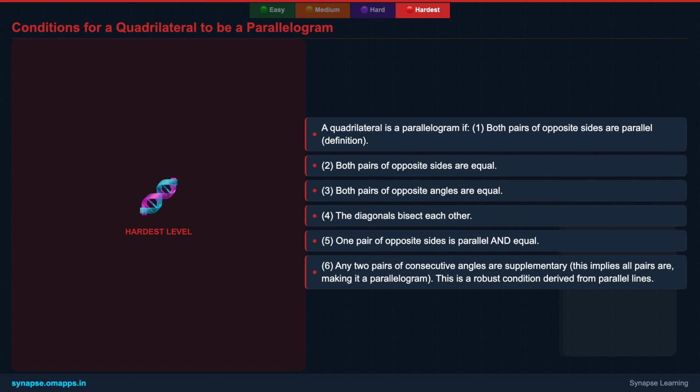Consider proving a quadrilateral is a parallelogram if one pair of opposite sides is parallel and equal, and then showing how the consecutive angle property naturally follows. Or, explore how this property interacts with vector geometry, where the sum of adjacent vectors can define the diagonals, indirectly linking to angle properties. This depth helps in understanding geometric proofs from various perspectives.